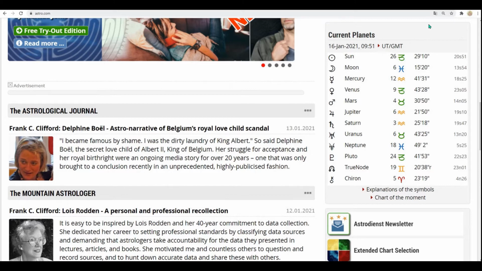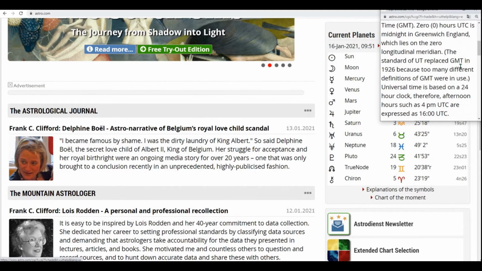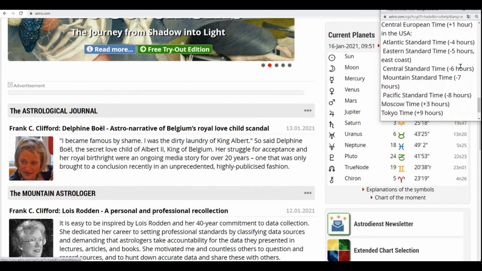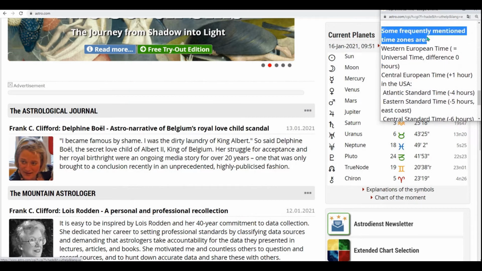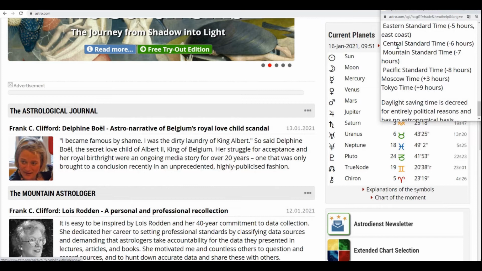So, if I click on UT/GMT, a pop-up window shows up. Now, if you scroll down a little bit, you can find a list of different time zones which are used all over the world. If I look for my time zone, that is Central European time, you can see that it says +1 hour. This simply means that I have to use the universal or Greenwich time and add 1 hour to it to get the correct time for my time zone. Now, if your time zone is, for example, Central Standard Time, you will have to deduct 6 hours from the universal or Greenwich time. I think that's pretty clear, so we will be moving on to our next step,